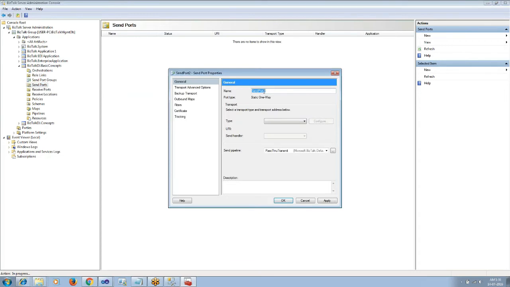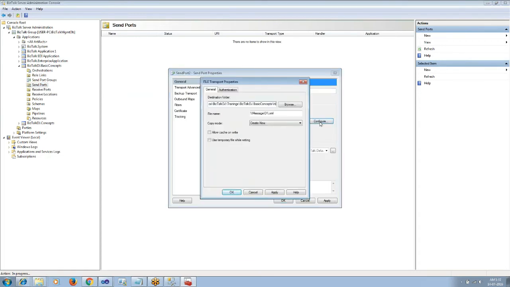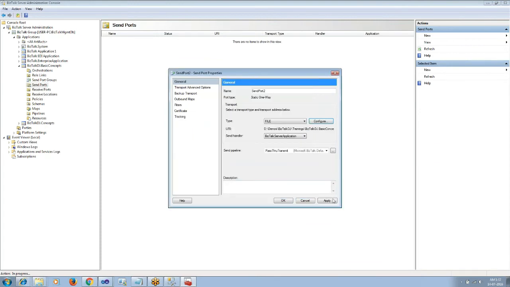Let me add a send location. After transformation, it will send the message to the out directory.